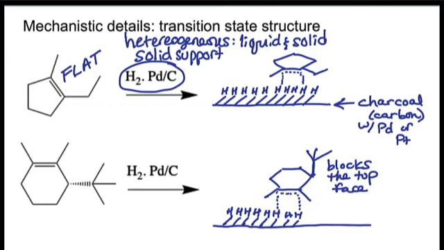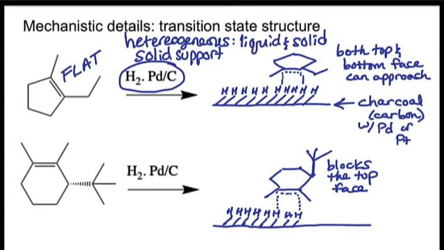So the tert-butyl group is going to block the top face of the molecule, and so this molecule can't interact with the surface from that direction. Okay, whereas in the other case, both top and bottom face can approach. So that's what I mean by transition state structure, the half-formed bonds to hydrogen and half-broken carbon-carbon double bond, to show the syn addition and to show that nearby R groups are going to dictate the stereo